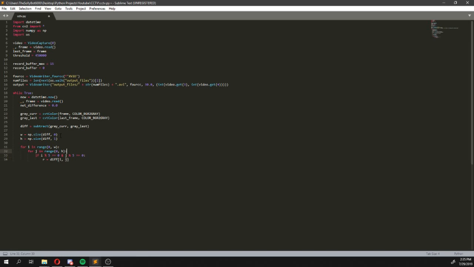So basically, since this was in black and white and you're getting the difference, if the pixels are very similar, it's going to be a very, very dark color, very close to black in this diff image. And if they're very different from each other, like one pixel is very bright on one and the other one's very dim on the other, it's going to output a very bright signal because it's the difference. And basically here we're getting every 5th pixel. For every 5th pixel in diff, we want to